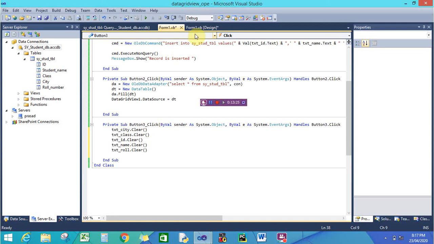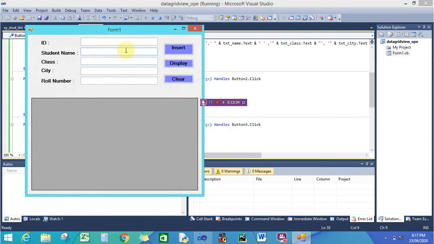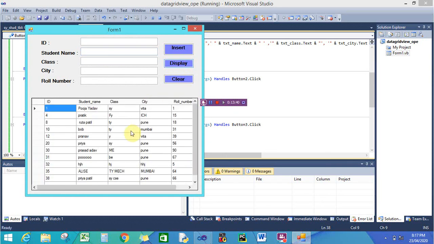Okay, just see the output. Just click on the display button.